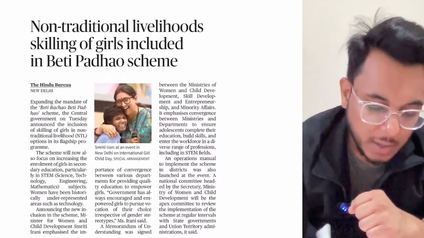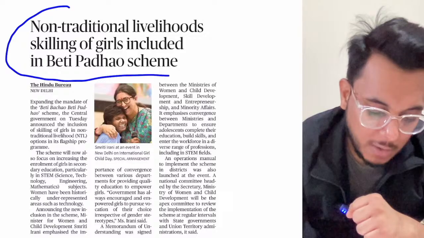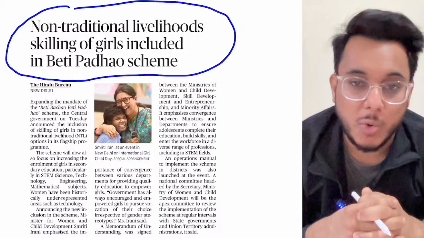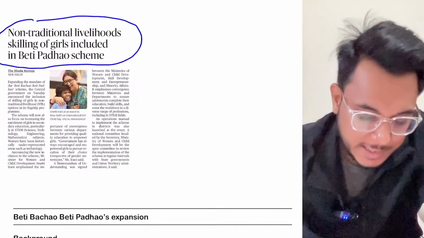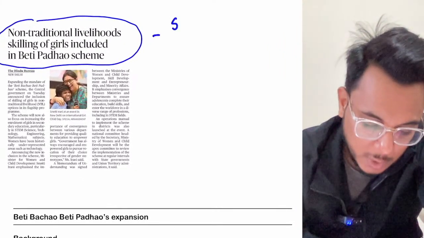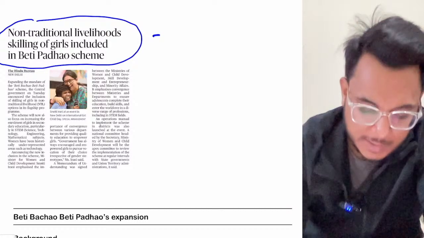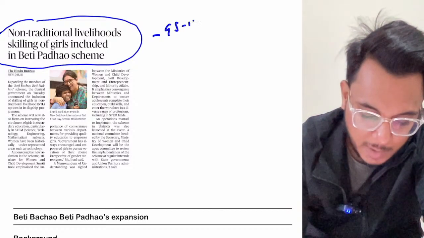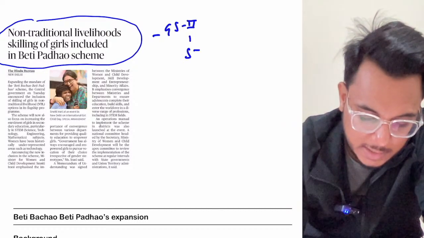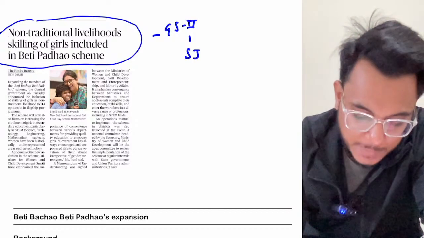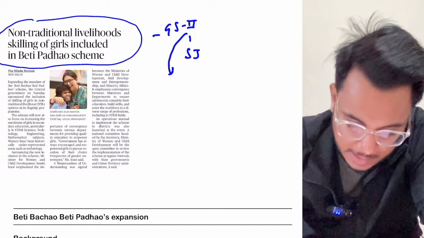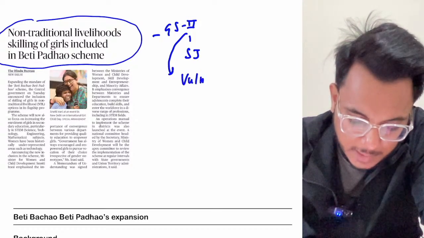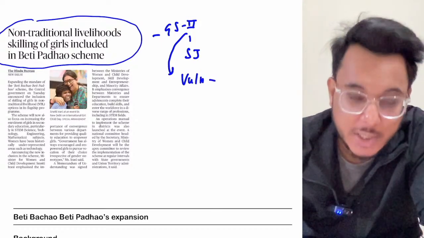Okay. Non-traditional livelihoods skilling of girls included in Beti Bachao scheme. Now this particular article we will see with respect to GS paper number 2. This particular scheme we will see with respect to GS paper number 2, issues of social justice. We'll see this particular thing also under the vulnerable sections of society, within the vulnerable section,